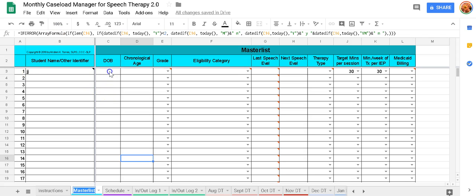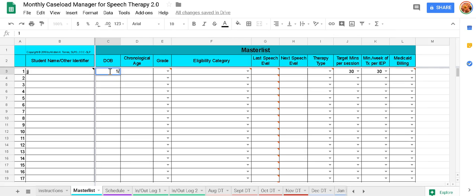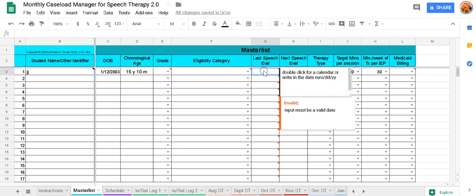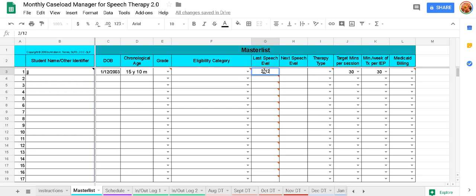I've put his date of birth. Well, let's go ahead and do that. Let's say it's 1/12/2003. Okay, and you'll see that it automatically calculates the chronological age. I'll enter the grade, an eligibility category, the last speech eval, the next speech eval. When you put in, let's say his last speech eval was 2/12 in 2013. Okay, so his next speech eval should have taken place 2/12/16, and that's yellow to tell you it's either